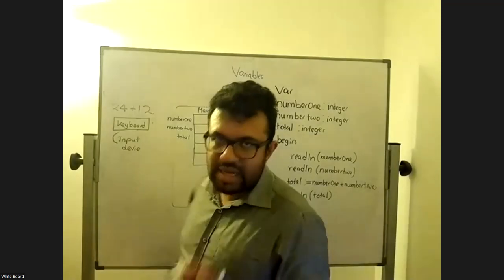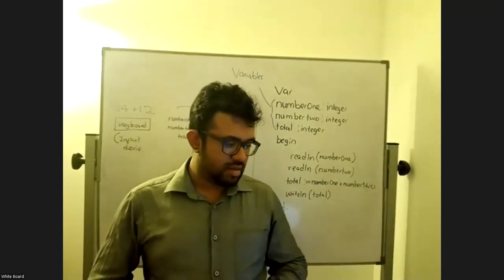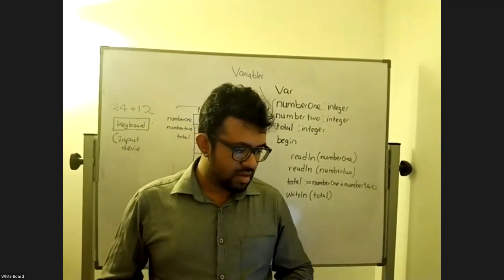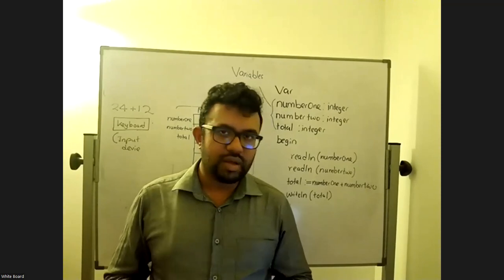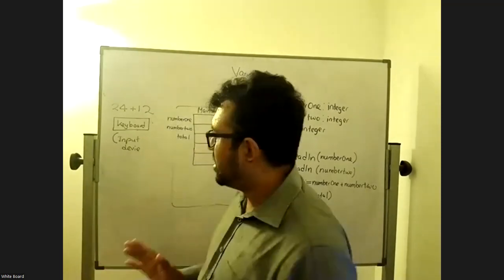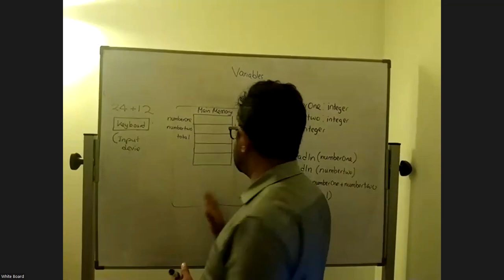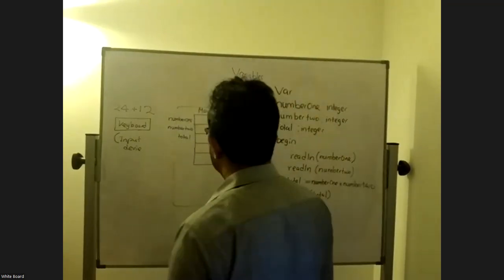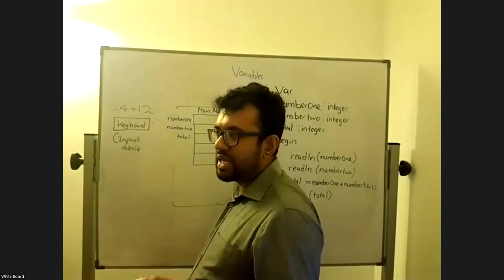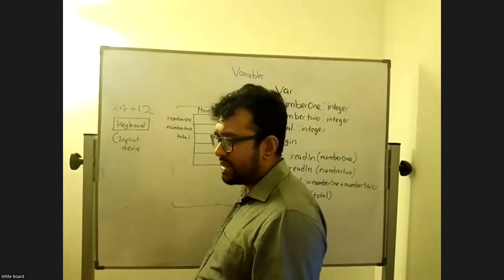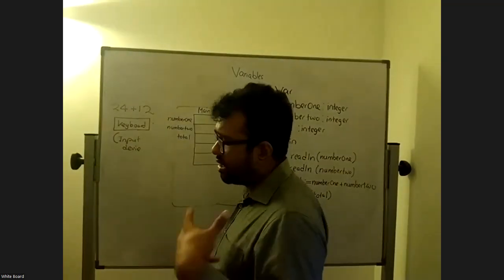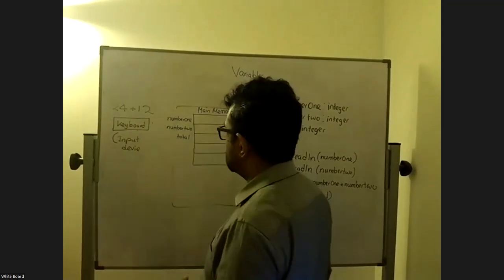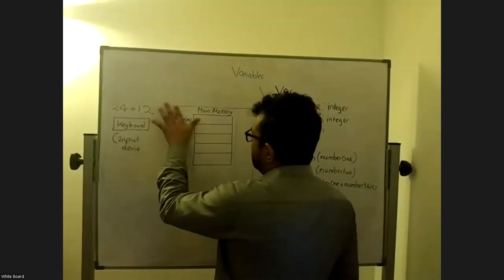Is that clear? Okay, so you have to understand it, right? This is the deep concept. So I'm just telling you what happens in the memory when you do this from this program. That will be much easier for you to understand the rest of the programs, what a variable is. So you don't want to learn them by heart. You know the real concept also. That will be useful if you are even doing